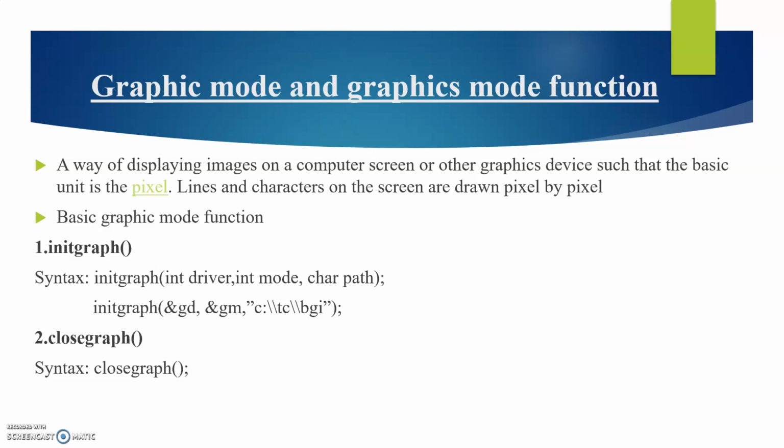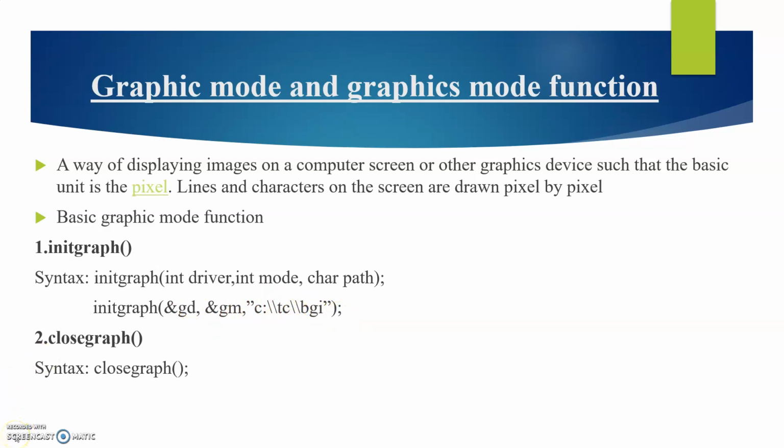The next argument in the initgraph function is path. Path specifies the path to the graphics driver. Graphics drivers are files with the BGI file extension supplied as part of Turbo C++. The path name is a string, therefore it must be surrounded by quotes. You can see that the path is mentioned in double quotes, we have written C:\TC\BGI.